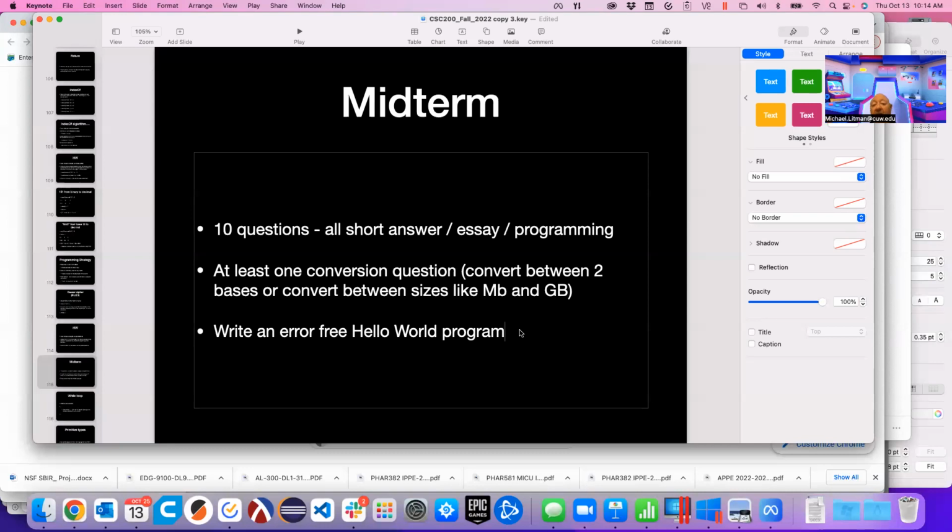Okay. So really what I just showed you on the screen here is a minimum of 20 points, maybe even 30 points of the exam: being able to do 1 or 2 conversion questions and write an error-free hello program. So I've shown you almost a third of the exam already. So if you miss those, then